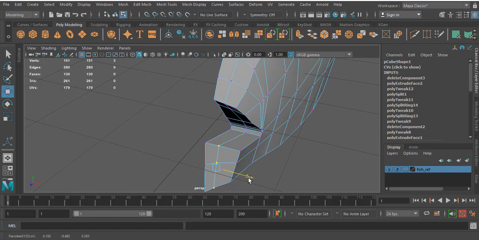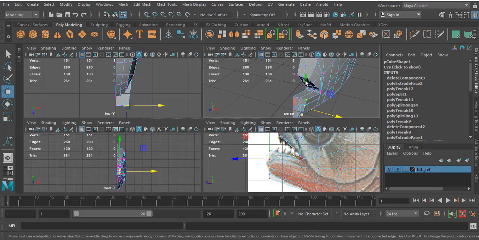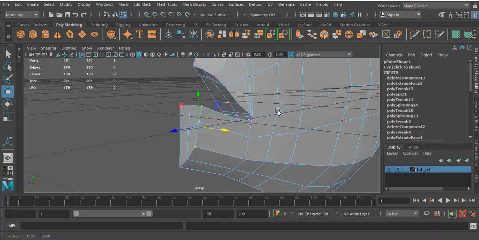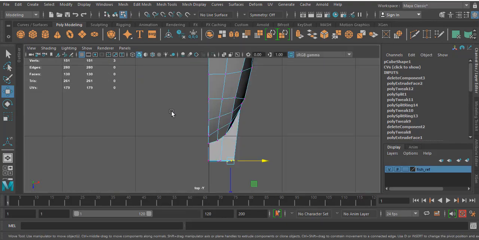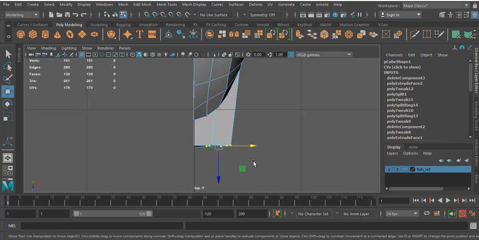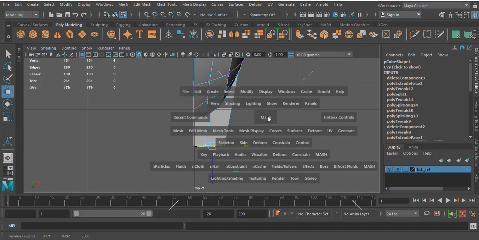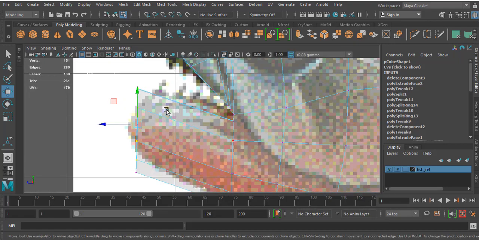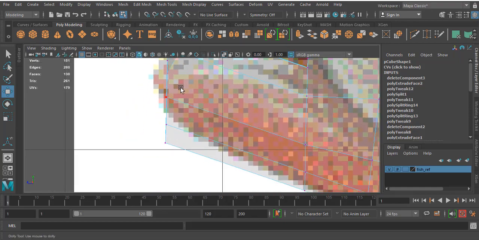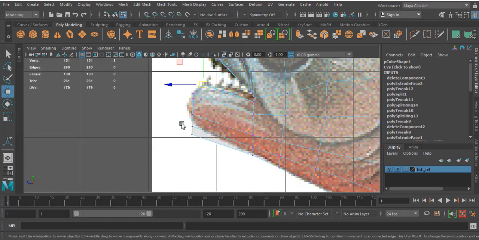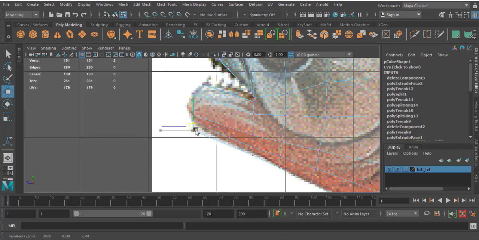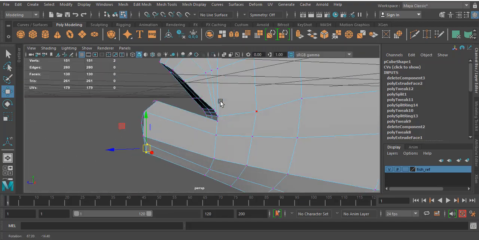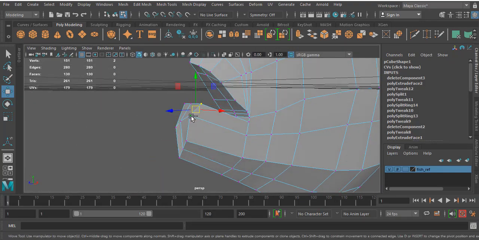In the beginning stage itself, I'm going to maintain the space. No, it's okay. It's not coming out from this. Not good. Okay. Now what I'm going to do, place this. Go to the perspective.